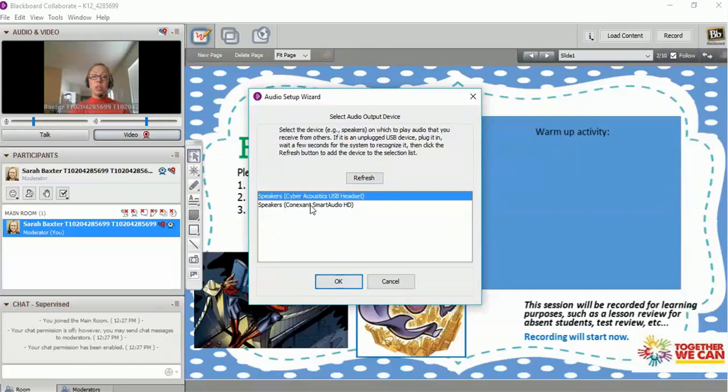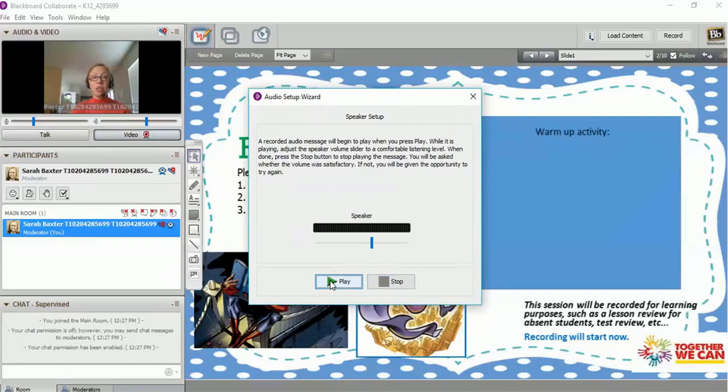If you don't see a device plugged in, maybe you have an external speaker or you forgot to plug in your headphones, so you plug them in really quick, click that refresh button and then it will show everything that's available for your audio. After you've selected where the audio should come from, you can test it, push play, and